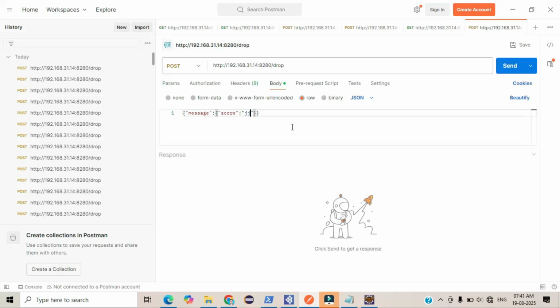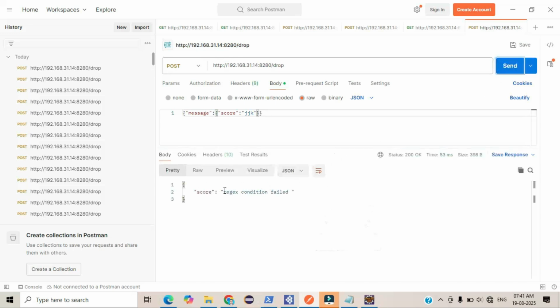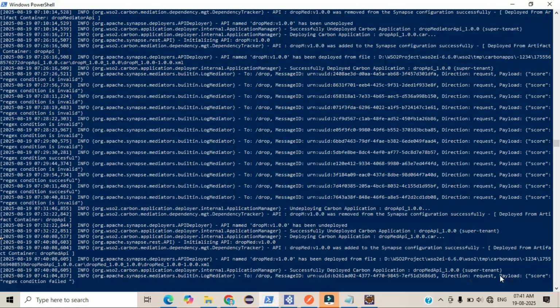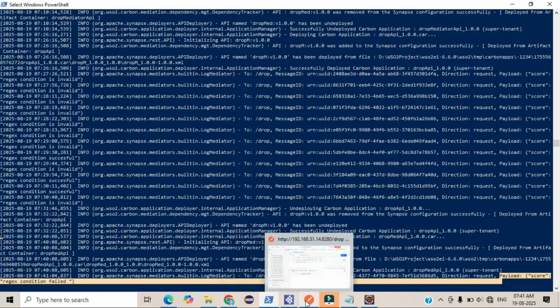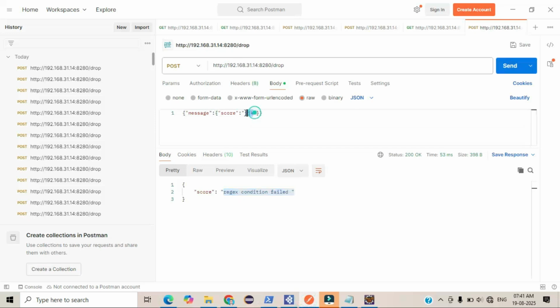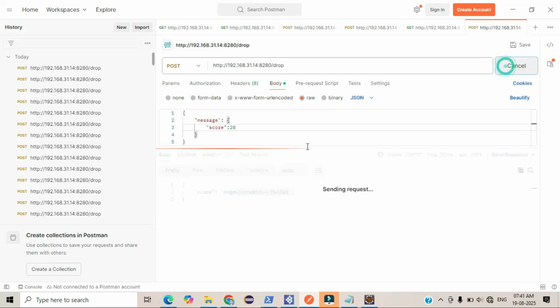If I add one random string here and send the request, it shows regex condition failed. If you go through the EI log, we are getting one payload response, regex condition failed. Let's see how we can see the positive response. Let me go through Postman. Here I am adding one number. Let me beautify this, it will be better. I'm adding the number 20 here. If I send the request,